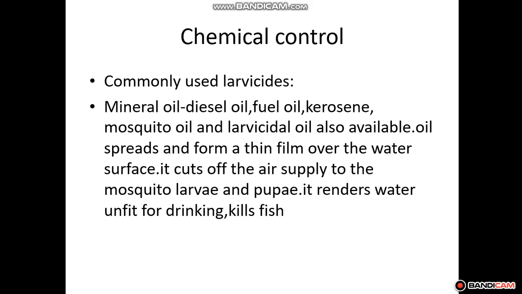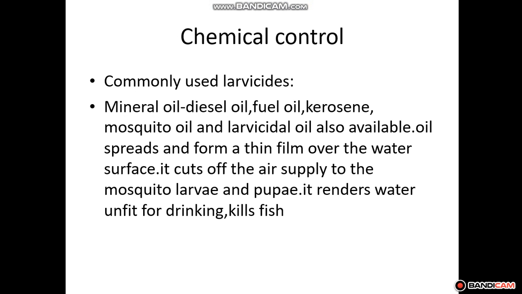Next is chemical control. Chemical control commonly uses larvicides. We can use any type of larvicide to kill these larvae. Another chemical method is the use of mineral oils: diesel oil, fuel oil, kerosene, and mosquito larvicidal oils can